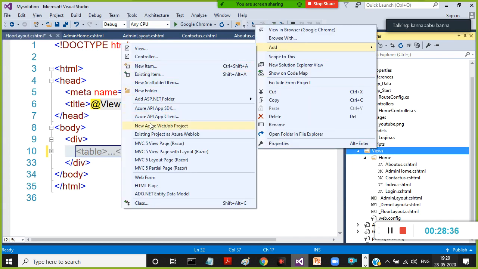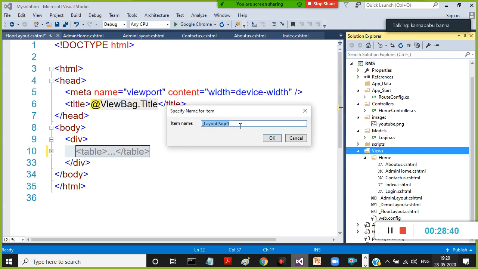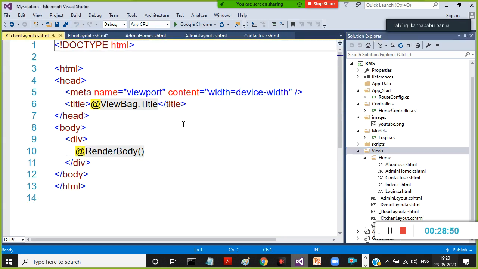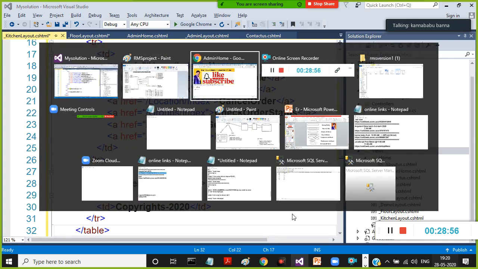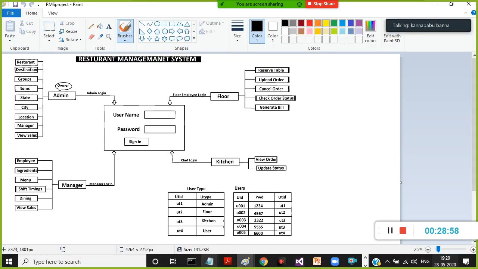Okay? Similarly, create one more layout page. Right click on views, add MVC file layout page, and here I'll try to give something like kitchen layout, underscore kitchen layout, something like this. Click on OK. So within this kitchen also I'll try to paste it.